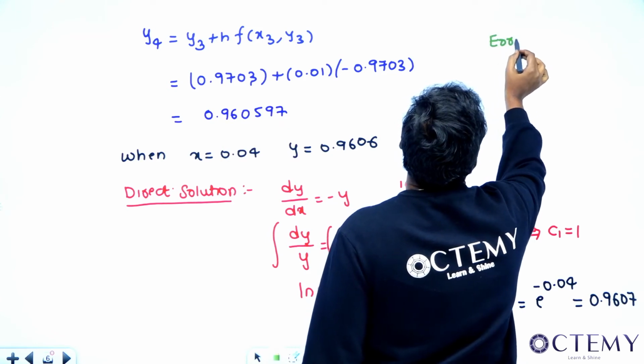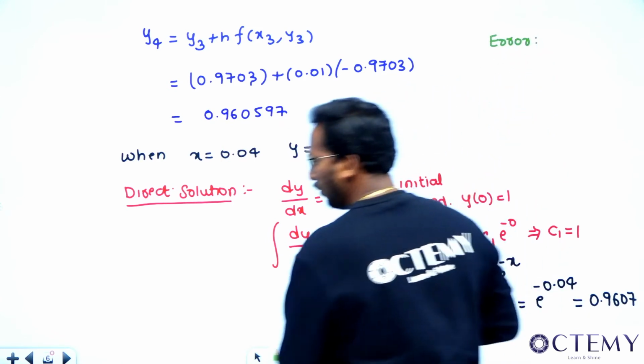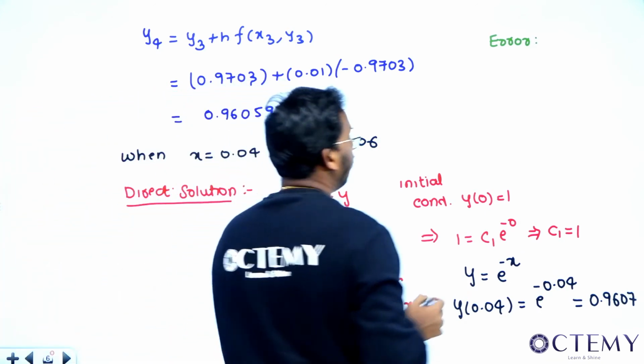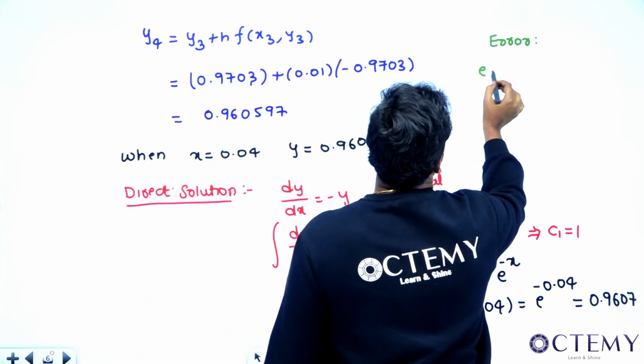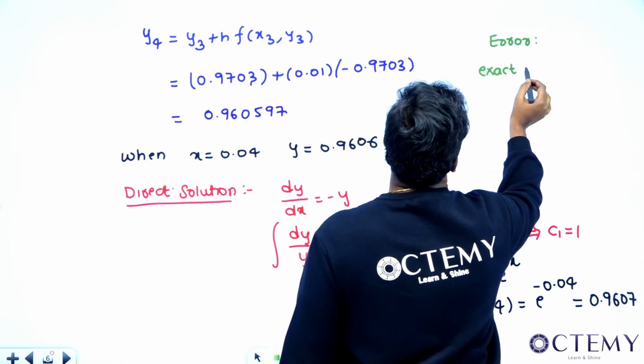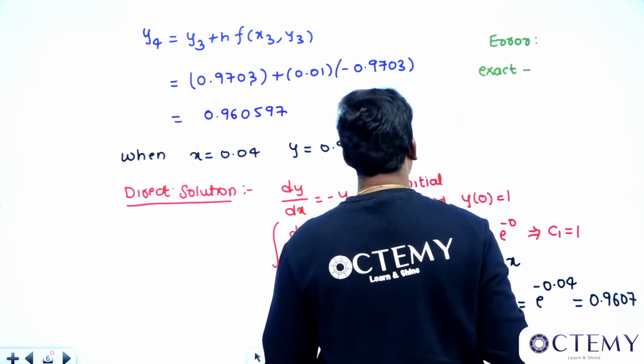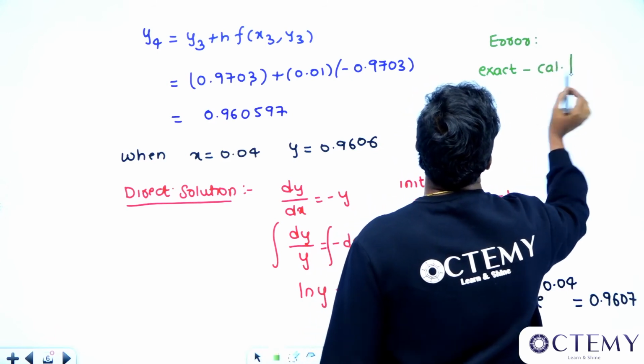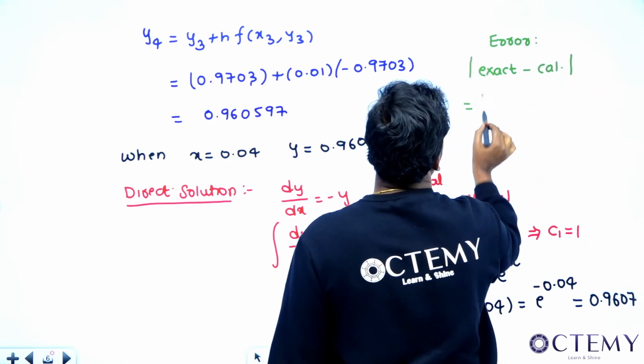Error is equal to, if I want to write the error, that is exact value. Actual value you can write, exact value minus calculated value. Calculated value, we'll put a modulus. So that will become, say,